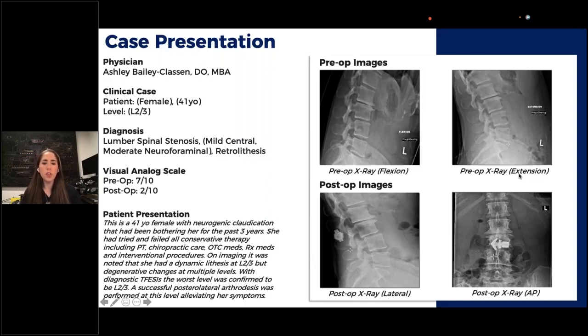If you'll notice, she actually has a little bit of retrolisthesis at 2-3 and a pretty good amount of anterior lipping at that disc. So that kind of gave me an idea that it was that level to start looking at, though she's got degenerative changes all the way up and down. She had been fighting with this pain and a lot of leg radicular pain, a lot of that neurogenic claudication that we see, for about the last 3 years, and had kind of tried everything.